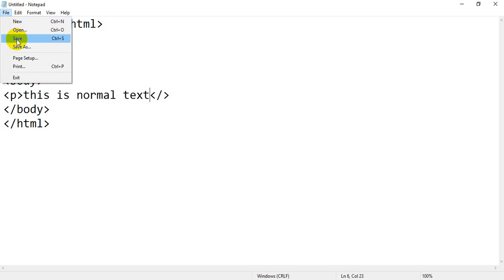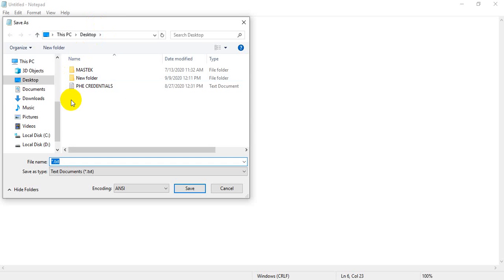Click on save, then it will ask where you want to save. Currently it is saving on desktop, so no problem, I can save here. Our today's topic is font weight, so I will just write weight.html.